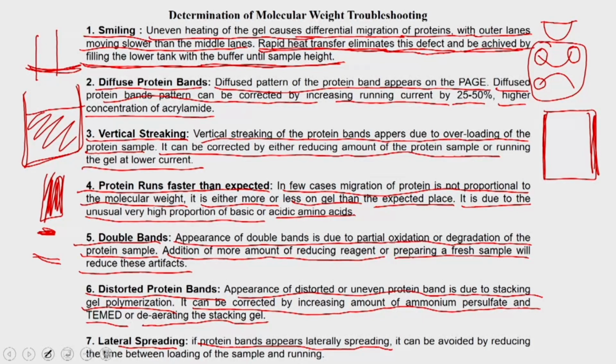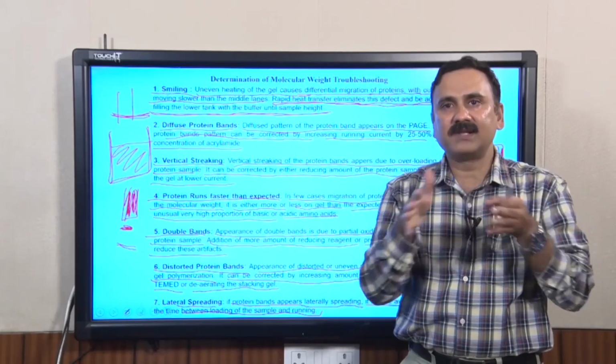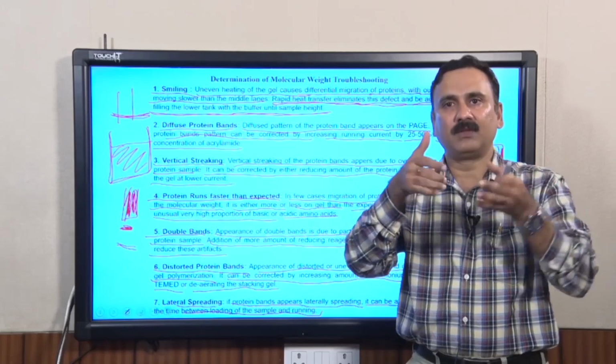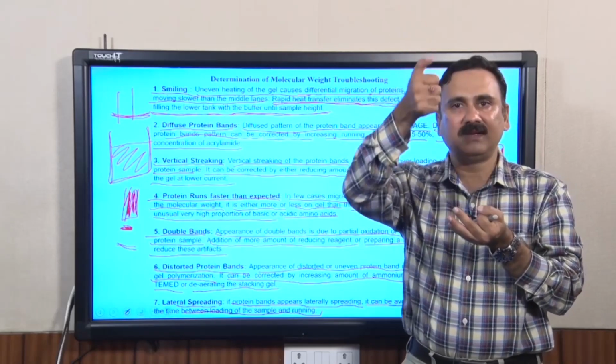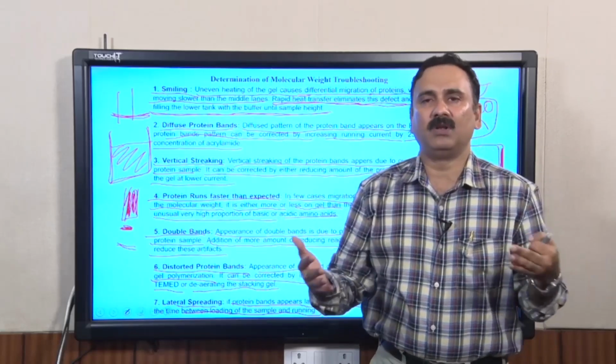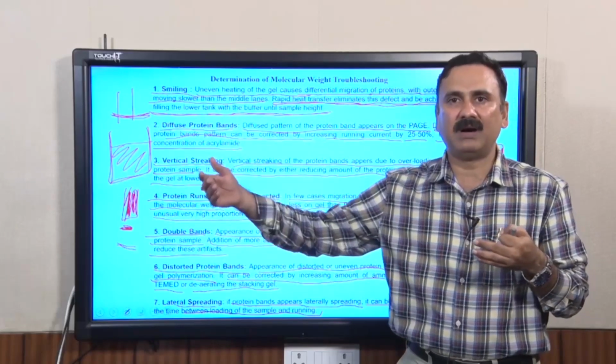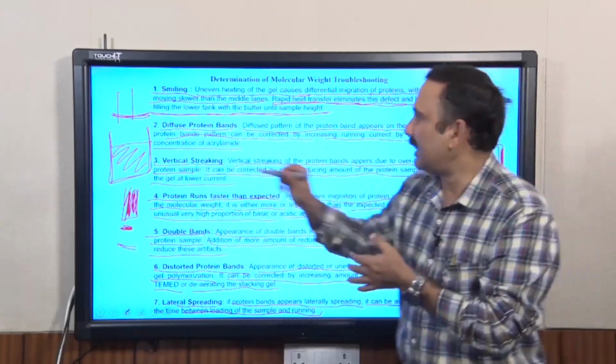Okay. So, it is spreading throughout outside the lane actually. So, it can be avoided by reducing the time between the loading of the sample and running. So, why it happens is, when you load the samples, they start diffusing. When you load the sample, it goes and sits in the lane, but if you take a very large amount of time to connect it to the power pack and turn on the power, then the bands start diffusing